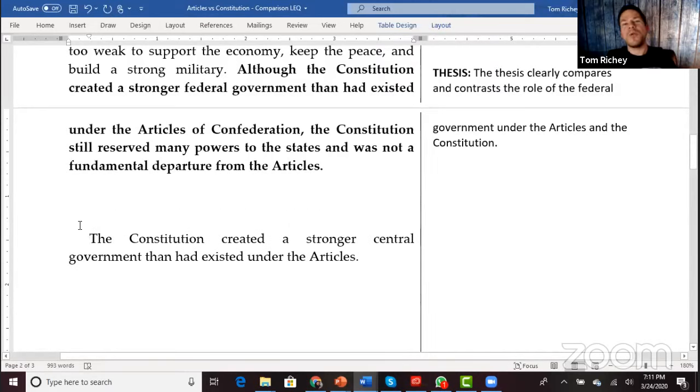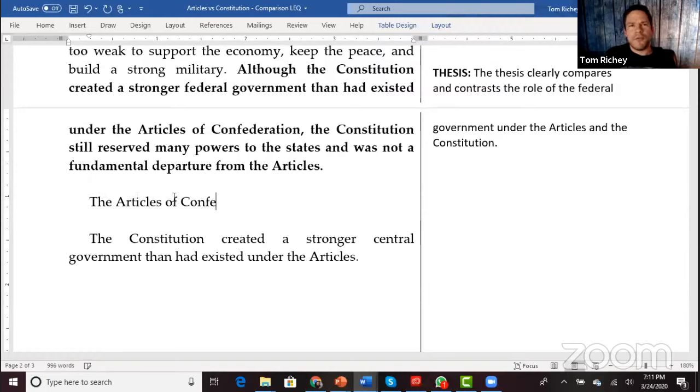Now, notice here, I need a little more context, don't I? I would say that if I'm going for full credit, I typically would say three body paragraphs. What do we need here before we can talk about the Constitution creating a stronger central government? Let's talk about the Articles of Confederation. So when we're looking at this here, the Articles of Confederation were ratified